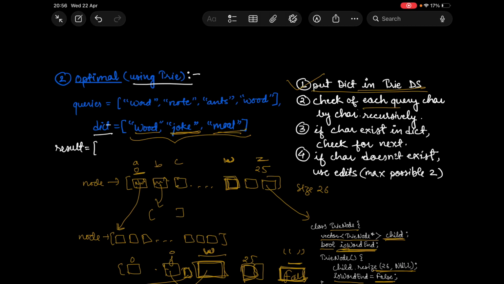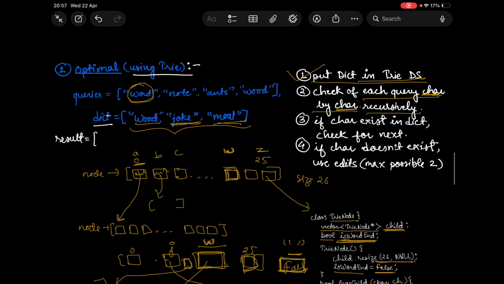Now check each query character by character, recursively. These are the queries that we have been given, and we need to check each of them character by character, recursively. I'll tell you how we need to check such that it does at most 2 edits if any edit is needed. And if the character exists in the dictionary, then what we need to do is